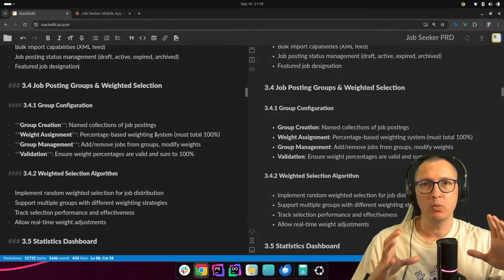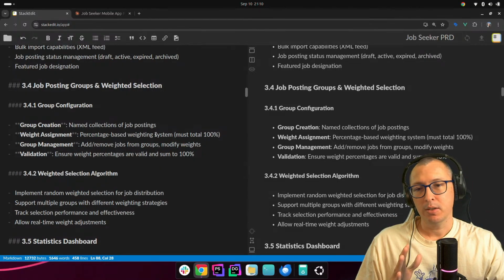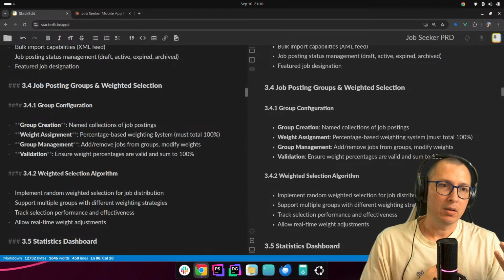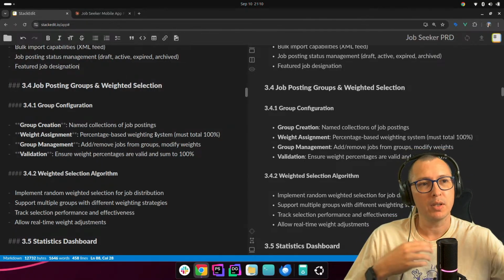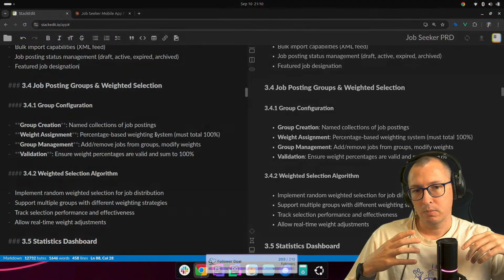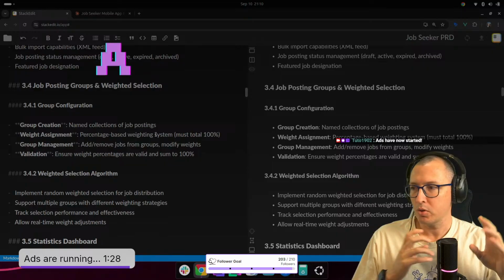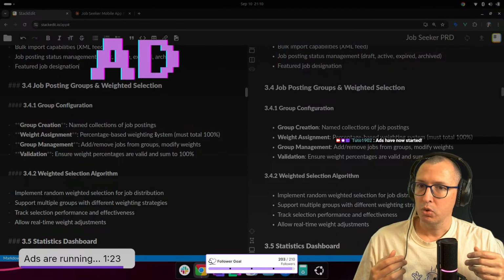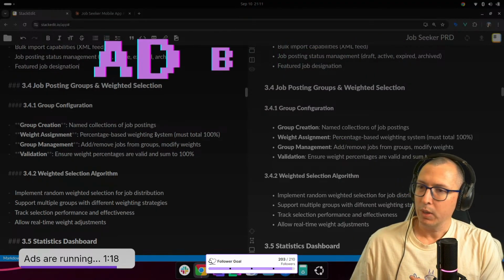So yeah, basically we are going to have groups of jobs that all have a percentage chance of being shown to the user. The higher the payout, the higher the chance. And whenever a user registers on our site, they're going to have feature jobs, or jobs that we show to them. Based on the percentage, we choose one from the group and then show it to the user. We can have more than one group.